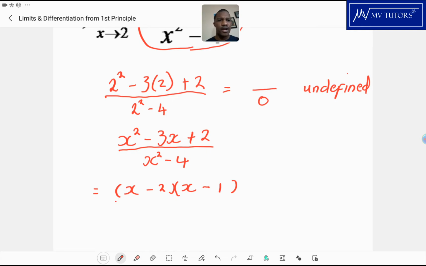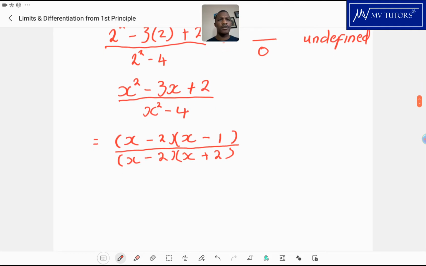So that's factorized. Now this bottom one is what we call difference of 2 squares. Likewise, we open 2 brackets, and the square root of 4 is 2. So this side we put a negative 2, and this side we put a positive 2. That's how we factorize that. It's called difference of 2 squares. If you don't understand anything I just did, feel free to book a one-on-one tutorial session